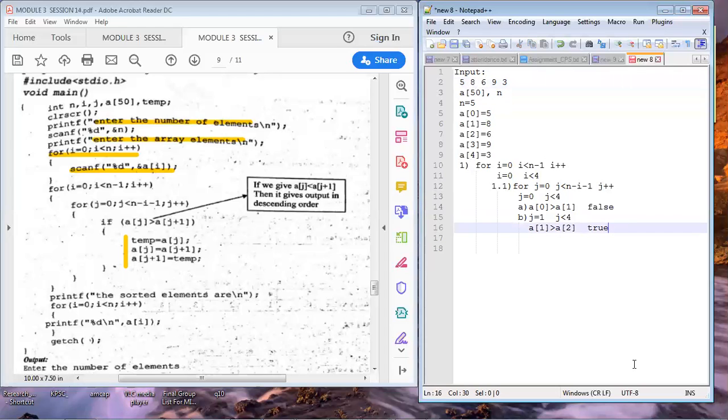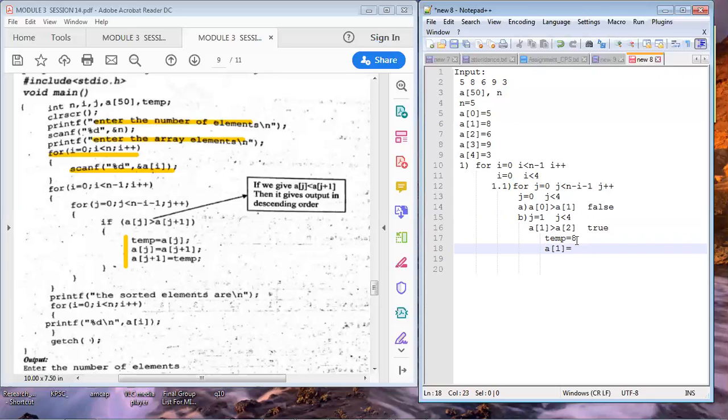How to swap? When this condition is true, we make use of a temp variable and we store A of J in it. A of J is nothing but A of 1. So A of 1 means what? 8. 8 will be copied to the temp variable, and after that we copy A of 2 into A of J, that is A of 1.